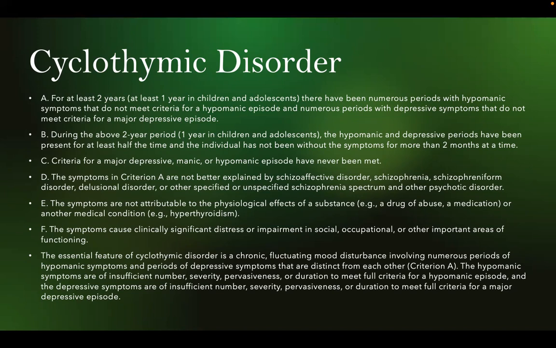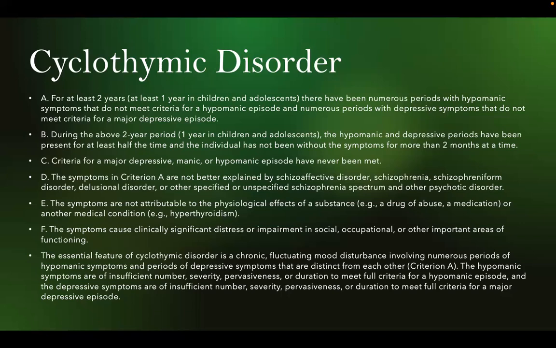Individuals who are diagnosed with bipolar 1 and bipolar 2 may not cycle through or have multiple episodes of manic or hypomanic and major depressive episodes. Cyclothymic by nature is cyclical, in that they have multiple episodes of this and have been experiencing them for at least a 2-year period.